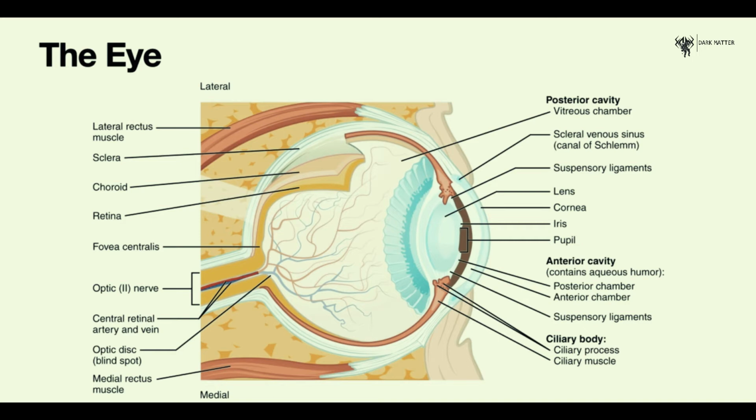The lens is a very important structure because through the lens, light will be refracted to the back of the eye. The middle layer of the eye consists of multiple layers, including muscles, and the choroid, which is the layer that contains blood vessels that can nourish the eye. Finally, the neural part of the eye is found at the very back of the eye, and it is called